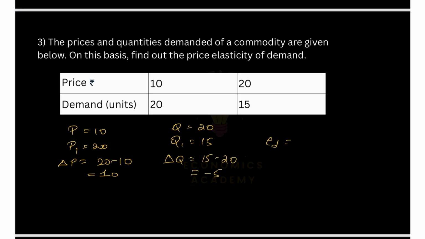Elasticity of demand equals change in Q by change in P into P by Q. That is minus 5 by 10 into 10 by the initial quantity, which is 20. Right? So the zeros get cancelled, 5 ones are 5, 5 fours are 20. So minus 1 by 4 equals